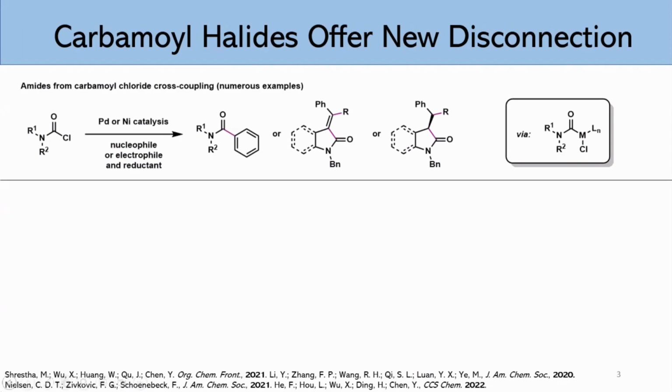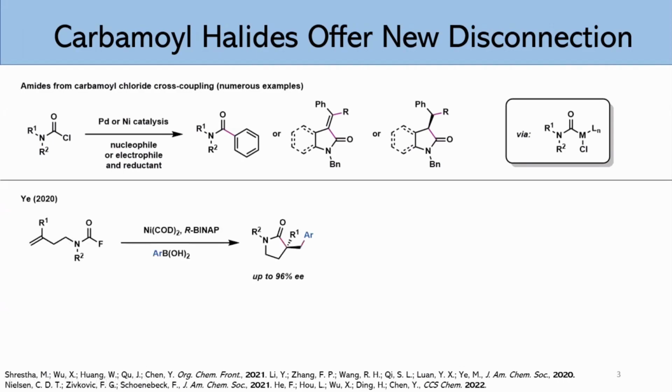The first reference I have at the bottom is a review by Chen, which really highlights a lot of these reactions super well. But more recently, people have taken to using carbamoyl chlorides for these types of reactions. The E group in 2020, this is, to the best of our knowledge, the first transition metal catalyzed reaction of a carbamoyl fluoride. So this gives access, through a migratory insertion process and arylation with the boronic acid of an aryl boronic acid, to these highly enantiomer-enriched lactam products, which are super useful to the pharmaceutical industry,